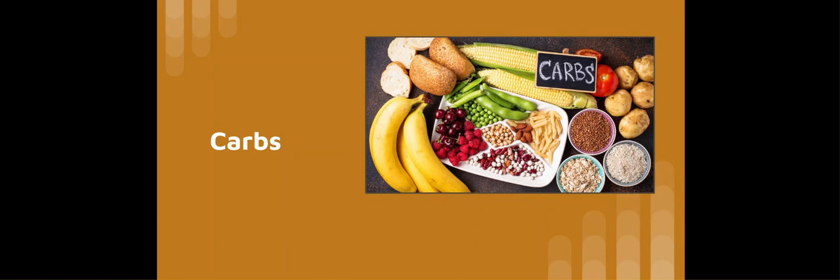And carbs can be found in all kinds of foods: fruits, legumes, breads, and all kinds of grains. We've got rice over here and oats, I guess that's probably what that is. Potatoes, vegetables, all kinds of things have carbohydrates in them. Oh, these are, I guess these are beans too.